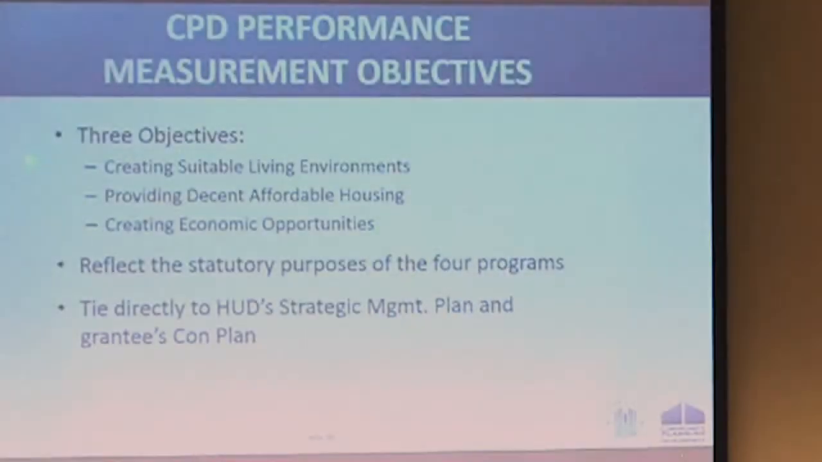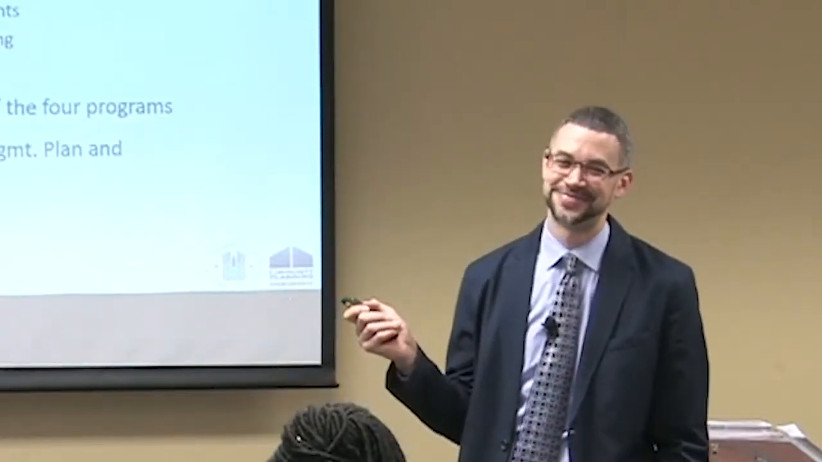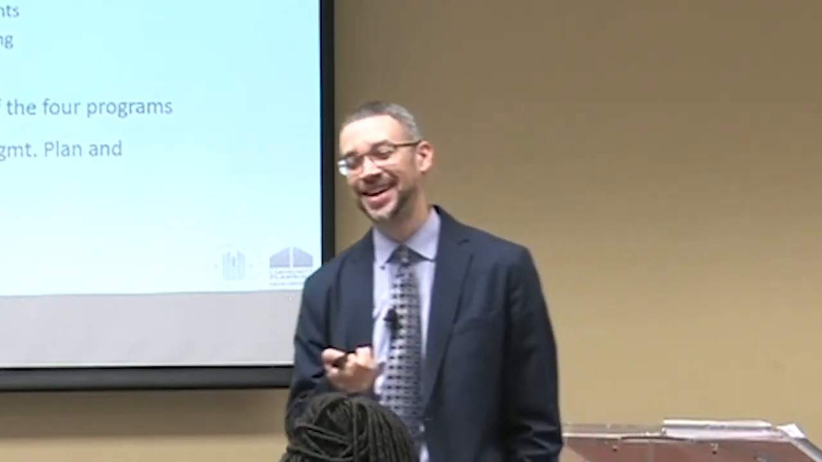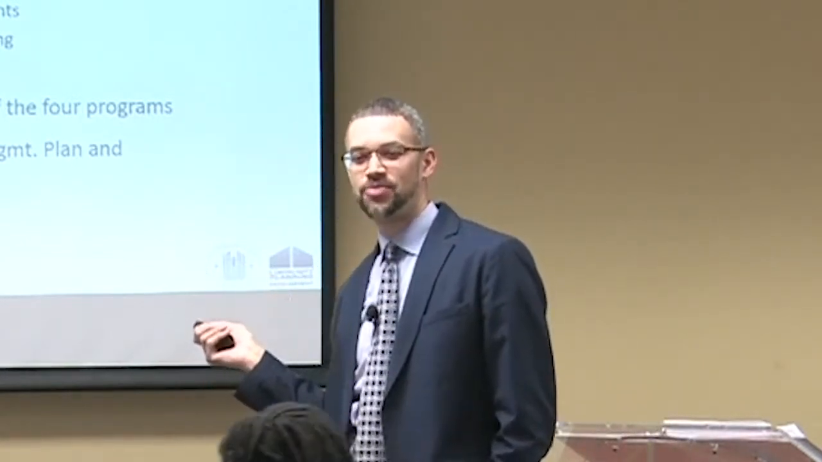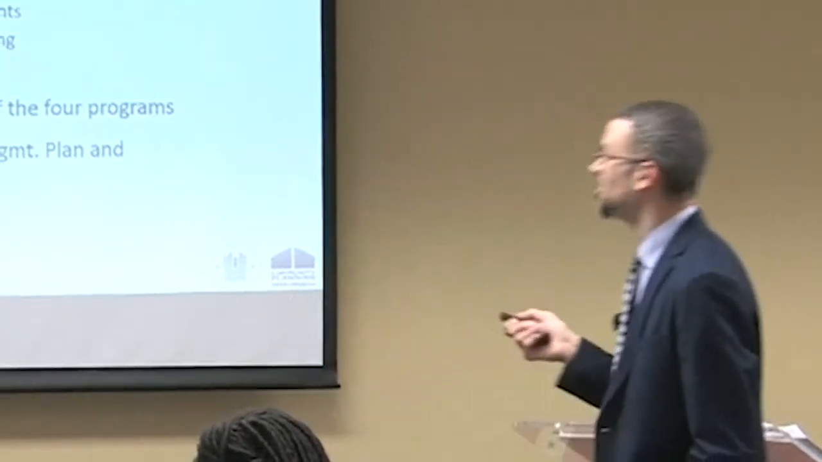So there's 3 objectives. Where have you seen these before? These are not national objectives. Do these look like the CDBG primary objectives? Yes, you're right. So these are the 3 CDBG primary objectives of the CDBG program. So HUD took those primary objectives and said these are a great objective framework for rolling up entitlement funding on a national level. So this reflects the statutory purposes of the 4 programs, and it ties directly to HUD's